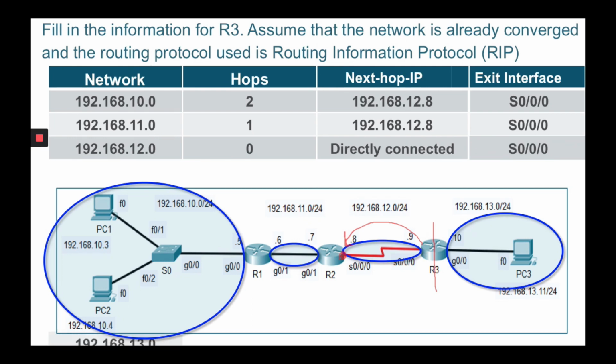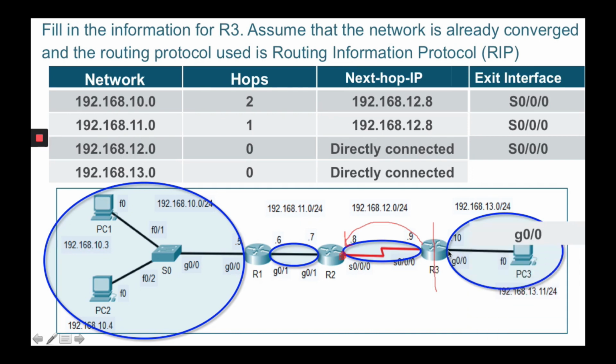Okay, and the last network that you would like to route to is 192.168.13.0. The number of hops away will be 0 because it's directly connected to that network. And the exit interface for you to reach 192.168.13.0 is G0/0. So the conclusion of this is that when you have a directly connected network,